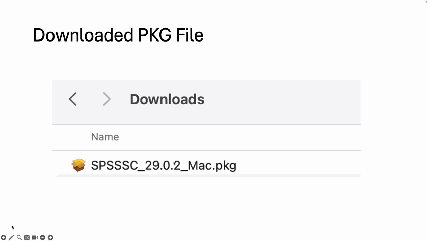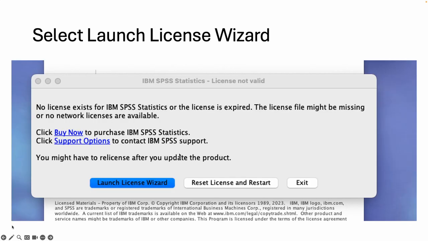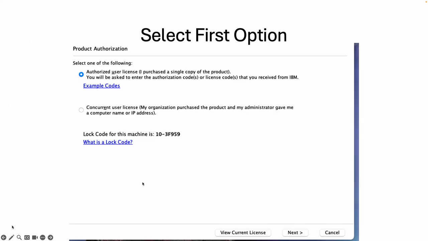For the Mac user, it will look like that, and for the Windows user it will be very similar to that, right? And then it probably asks you to launch the license user. Just select this one, and then select the first one from these two, which is authorized user license, or I purchased a single copy of the product, so select this one, then select next,